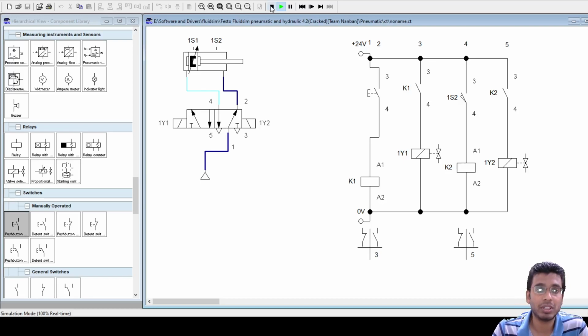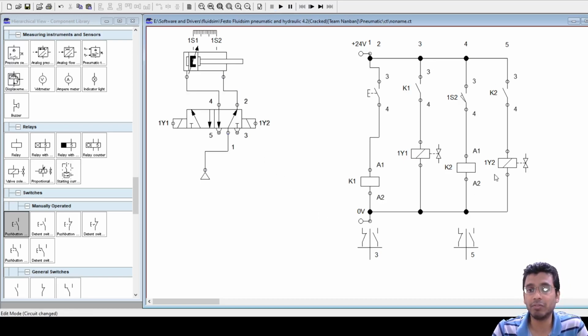Okay, so now let us see. I have to do this same thing with a sensor right now. I do not want to have any physical contact. For example, I do not need a limit switch. I require some proximity sensors. Then what are the changes to be done here? Say now I want to make it for only one cycle. So I remove my 1S1.